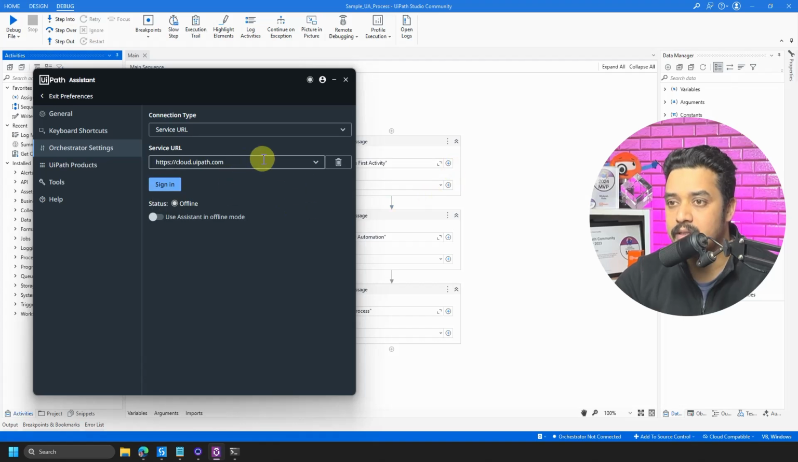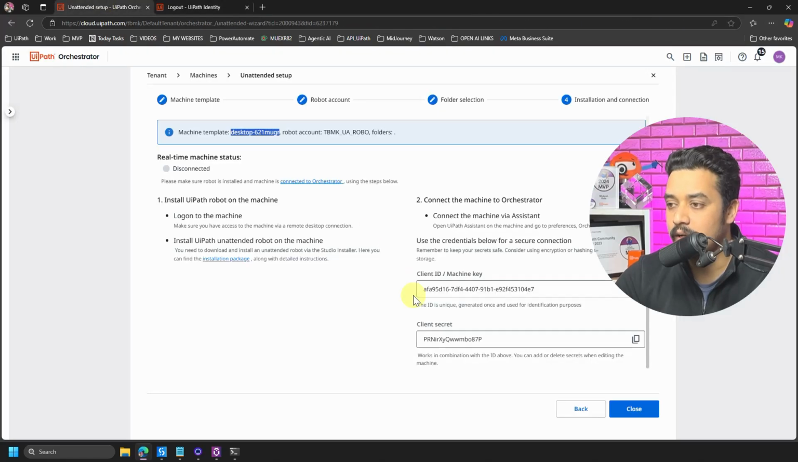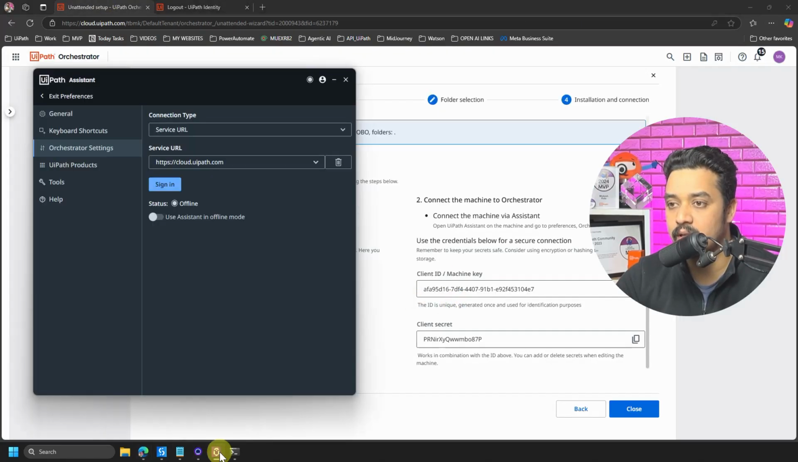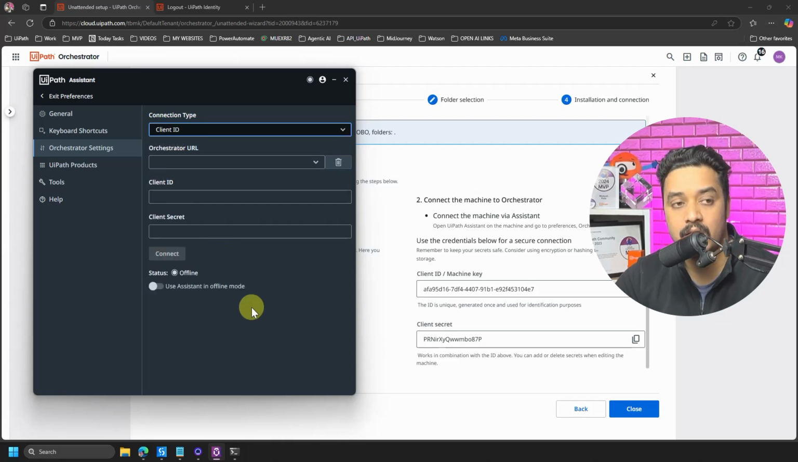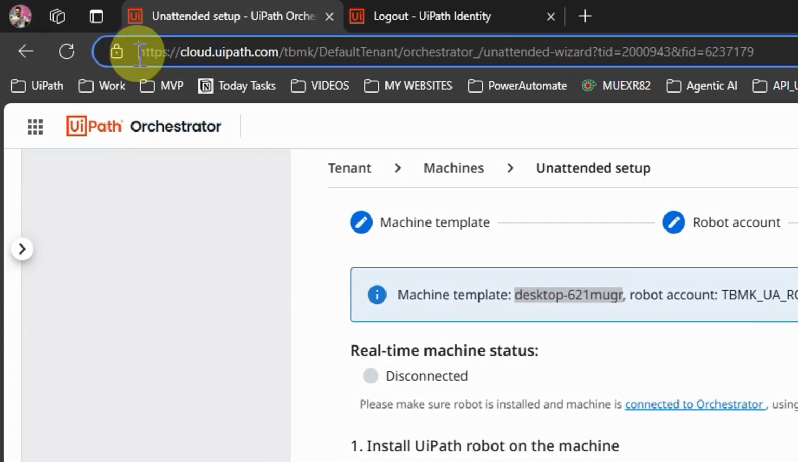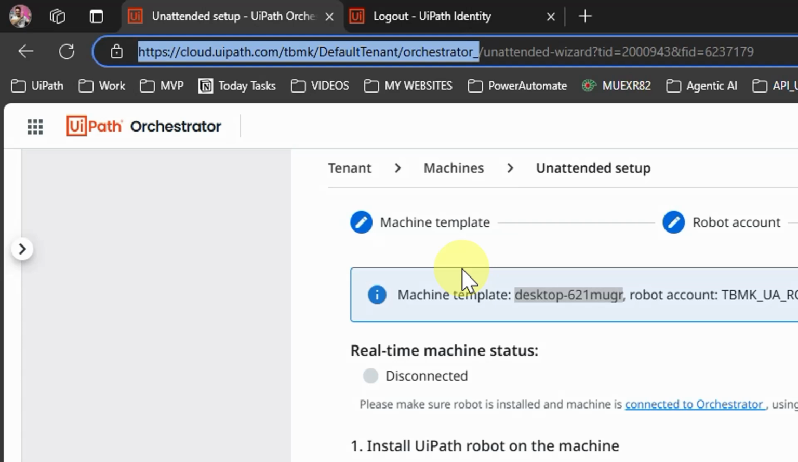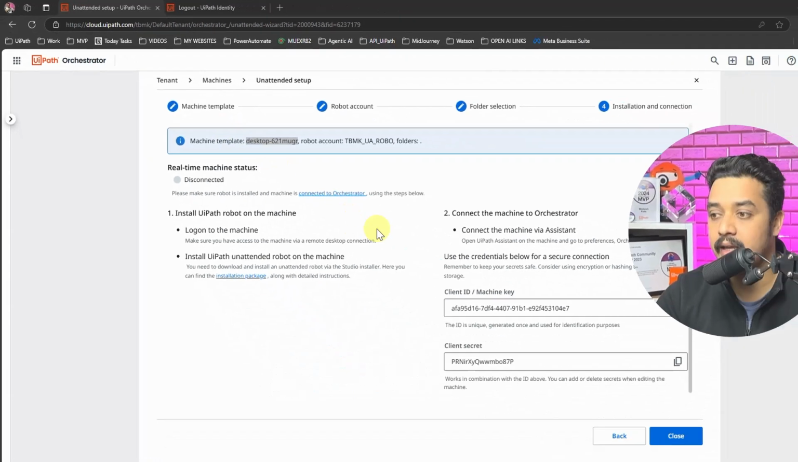However, this time, instead of using the service URL, if you look in your cloud account, you have got the client ID and the client secret. So I go to unattended, and instead of the service URL, I say that now I want to use the client ID. And now it's asking, first, what is your Orchestrator URL? Where is your Orchestrator? So if you go to the top, this is your Orchestrator URL, up to orchestrator. You can open Orchestrator in a new tab and you will still get the same thing, but since I have already opened it, whatever I have highlighted up to orchestrator, I'll just do a Control C to copy,